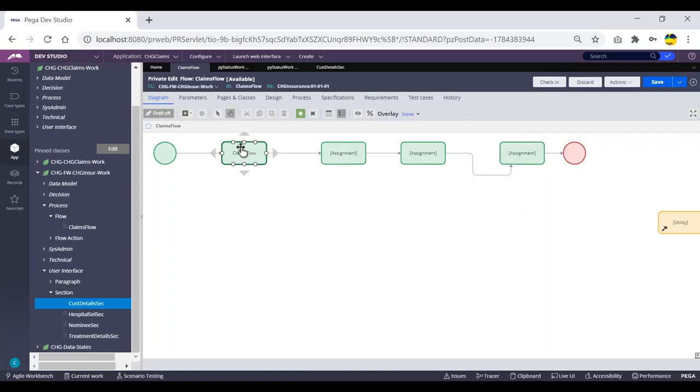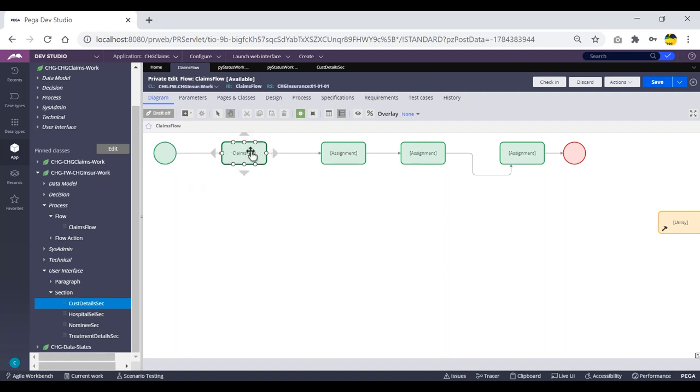So my requirement here is, in the four screens, I should be showing some customized values like customer details pending, nominee details pending, and in the end shape I have to show resolved completed, and in the start shape I want to add open. Okay, so for that